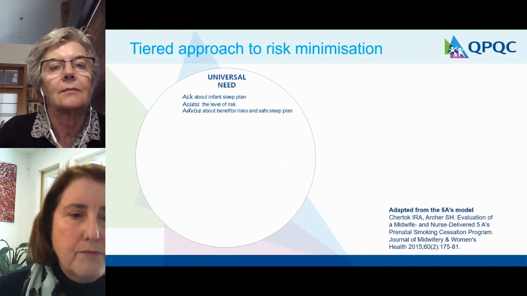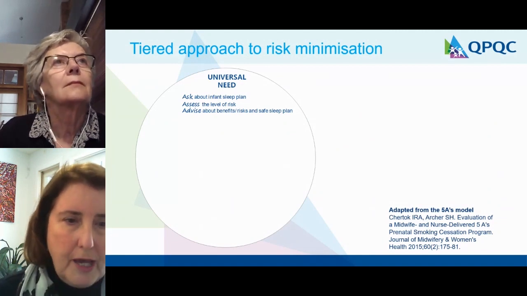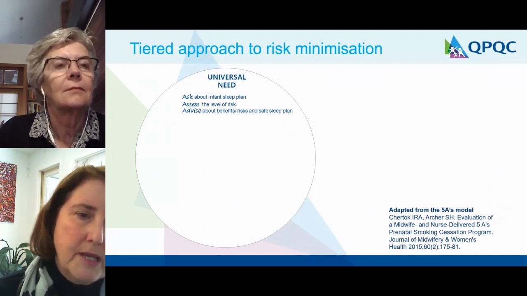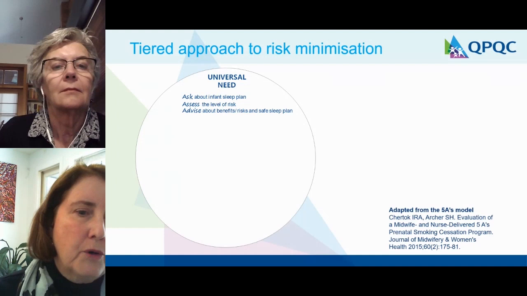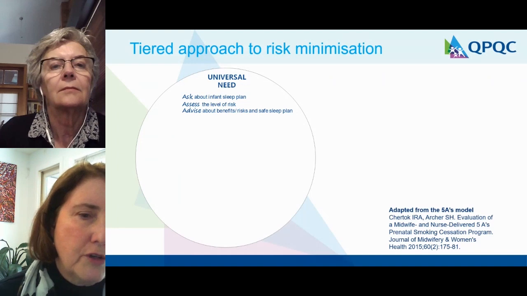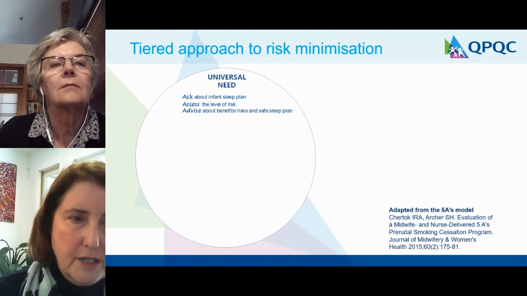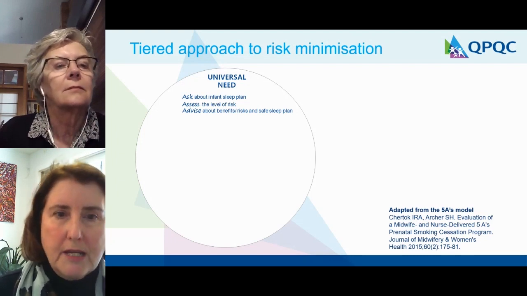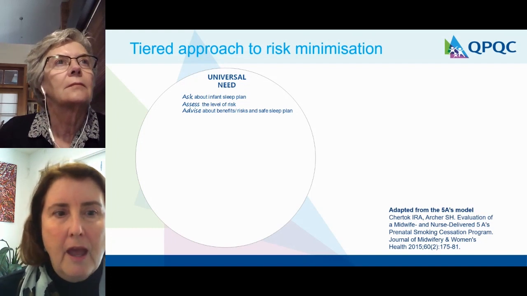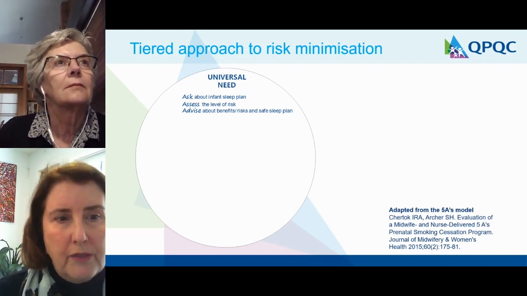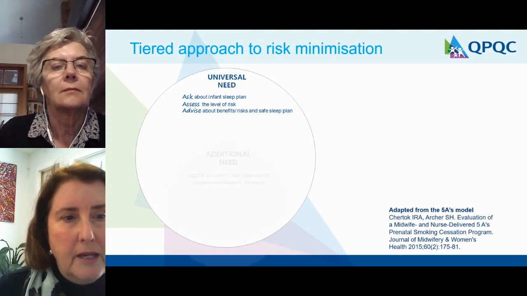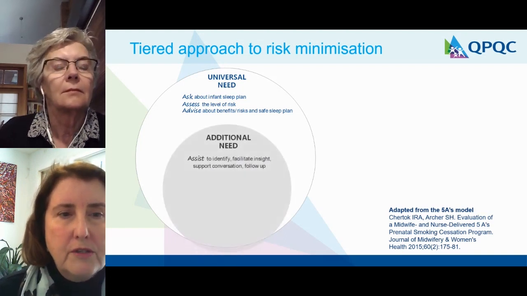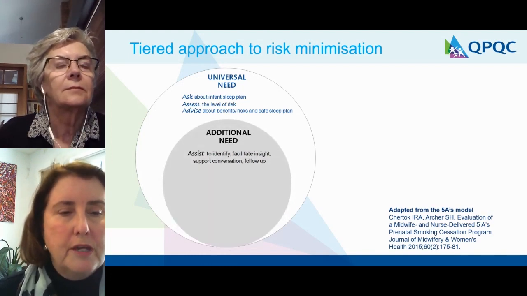We put this into a model which included looking at different levels of care that parents need, but we adapted a 5A model to work with for our midwives and our child health nurses in terms of identifying what different sorts of families would need at each level. So obviously our universal need is asking all parents about shared sleeping and whether they intend to, how it looks, what can they do. And then secondly, in the next circle, we have additional needs. So those families that need a bit more support, a bit more of a plan, a direct plan, or what to do when things don't go quite right.